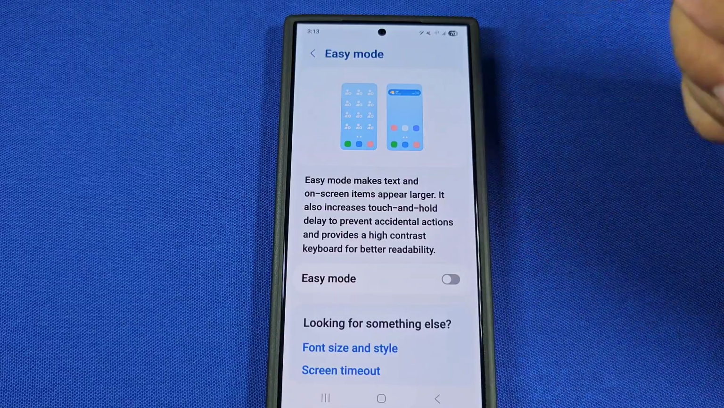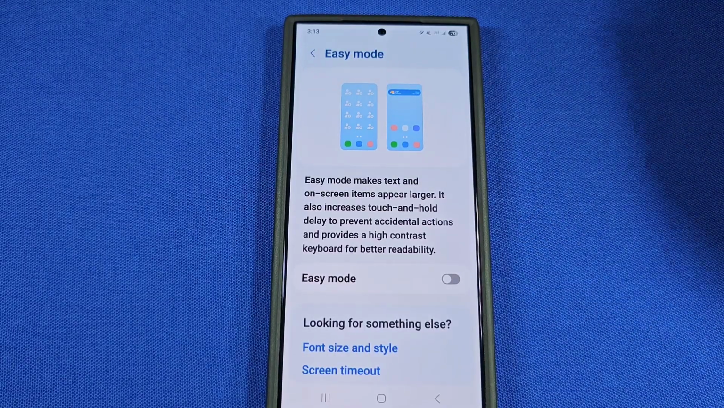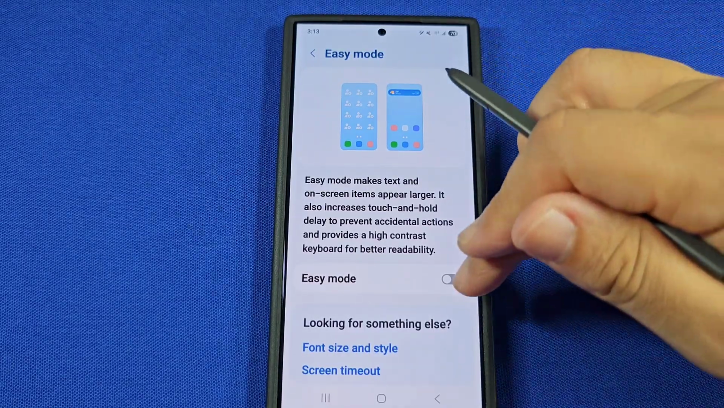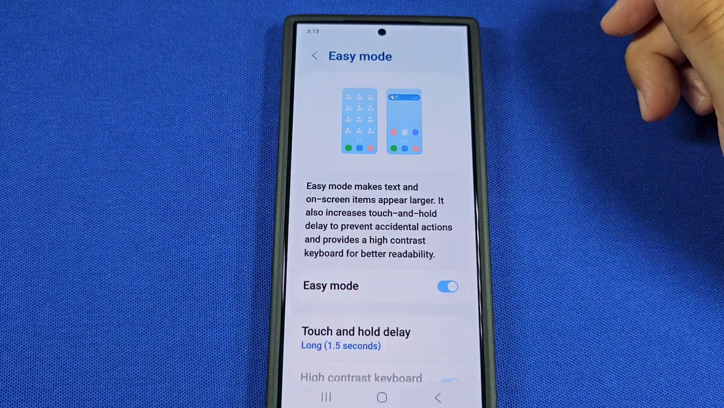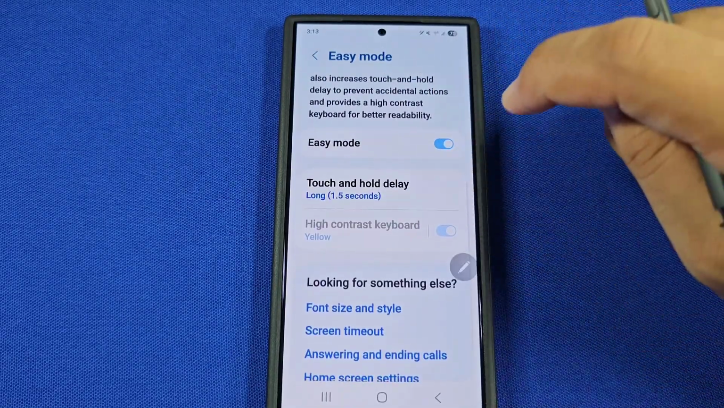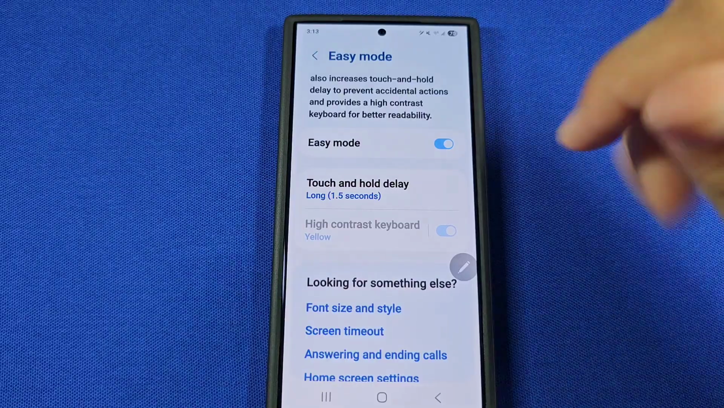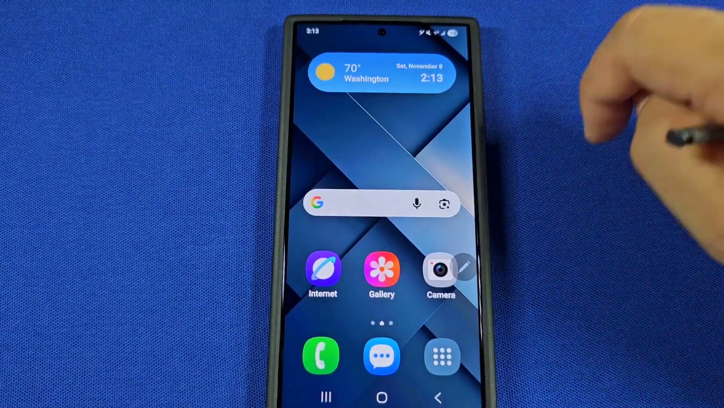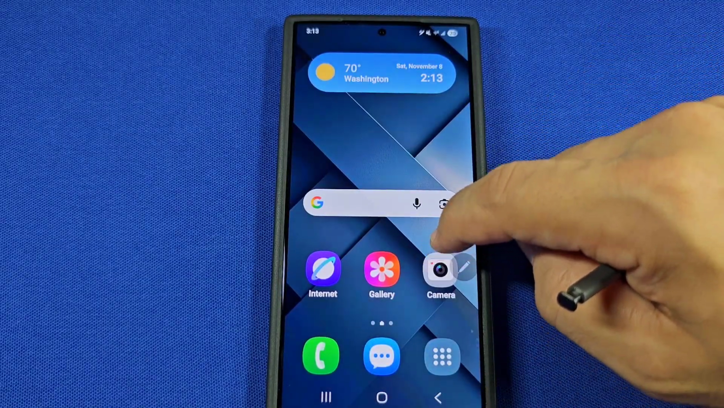Then from here, as you turn it on, it's going to rearrange everything on your phone, make all the icons on your phone big and all that stuff. So once you turn it on, you can see here, it's going to show you this here. You also have a few more options such as touch and hold and a high contrast and all that stuff here. All right, so let's just say we go back to the home screen here, and you will notice now